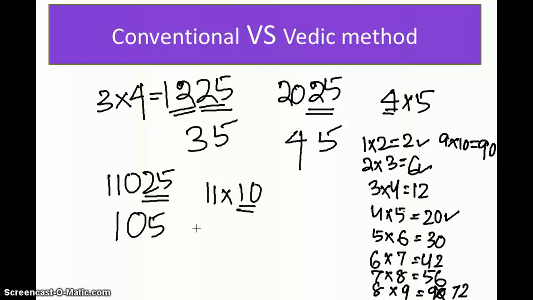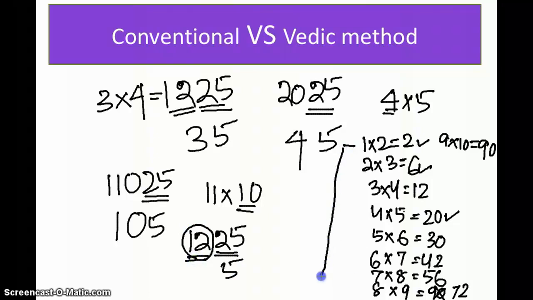What I mean is, when we took 1225, it can very well happen that this number is not a whole square of any number ending with 5. How will we know that immediately? I am putting 5 here, but the remaining number is a multiplication of two consecutive numbers. I know by this example that if I multiply two consecutive numbers, the unit place of the remaining numbers will be either 2 or 6 or 0, no other number at all.